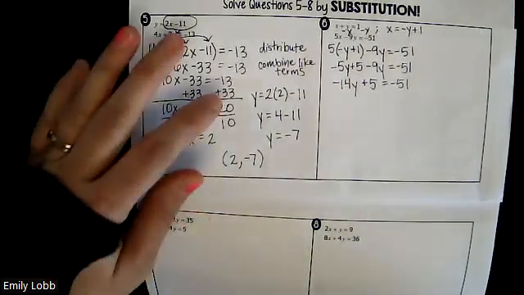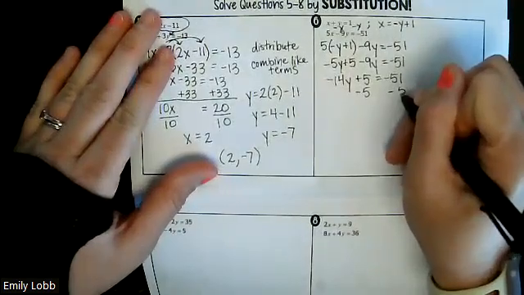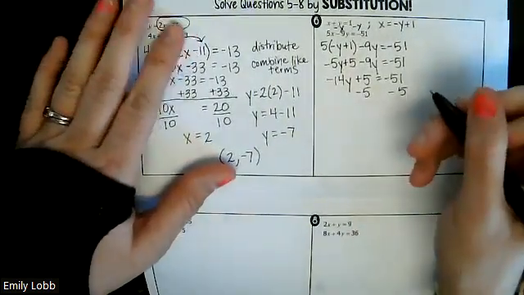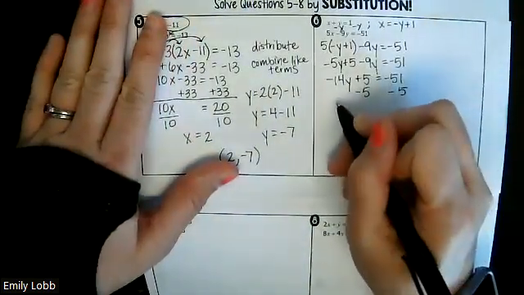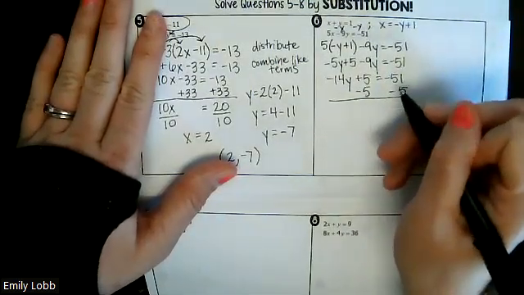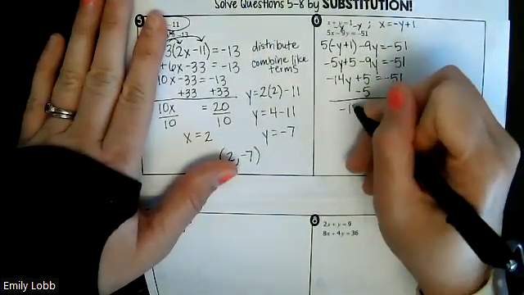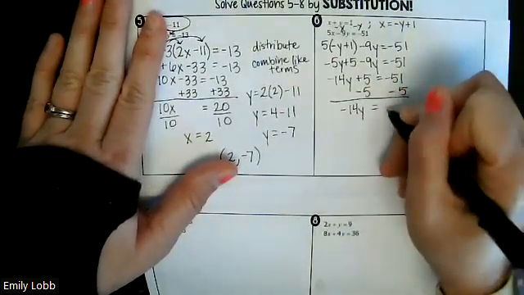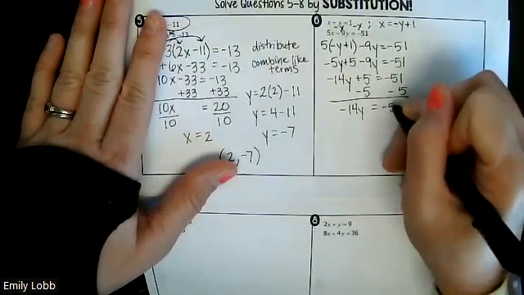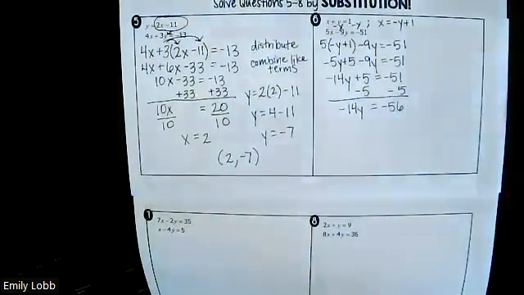So, if I subtract 5 from both sides, I have to get bigger, right? So this is negative 14y equals negative 56. So when I divide both sides by 14,